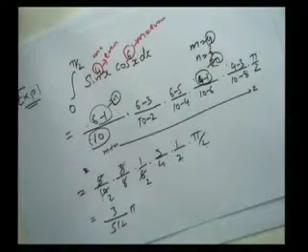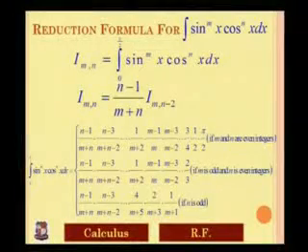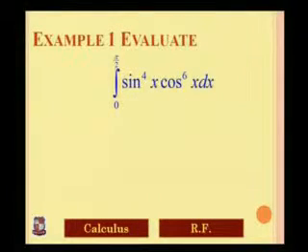This way we can calculate this example, the integral from 0 to pi by 2 of sin raised to 4 x into cos raised to 6 x, where 4 and 6 are even integers, and that means m and n are even integers. We have a similar example when n is even and m is odd.